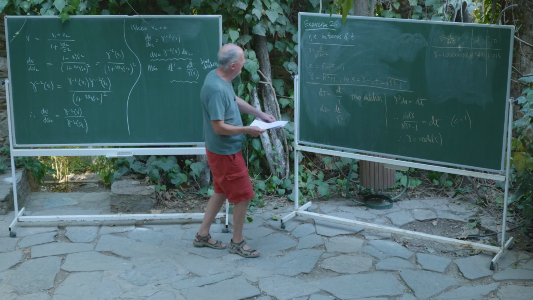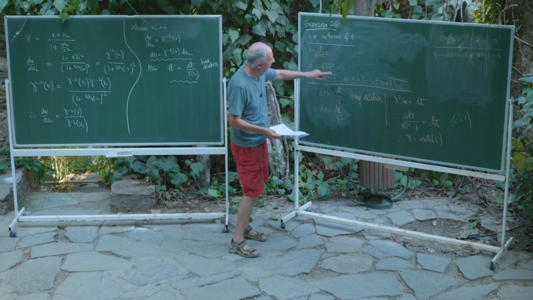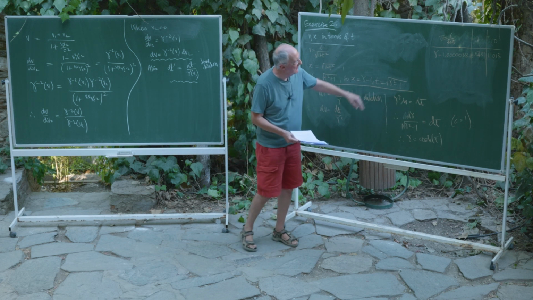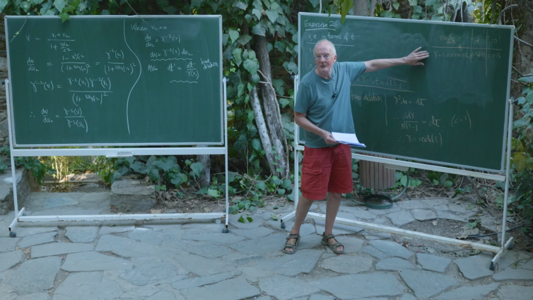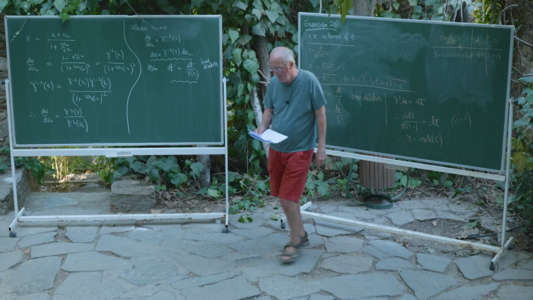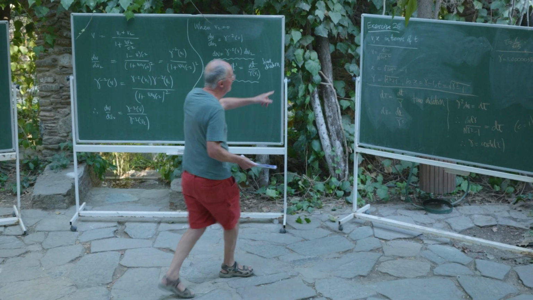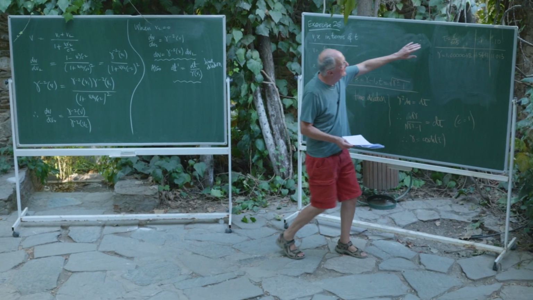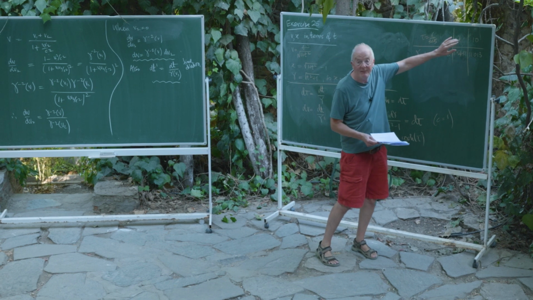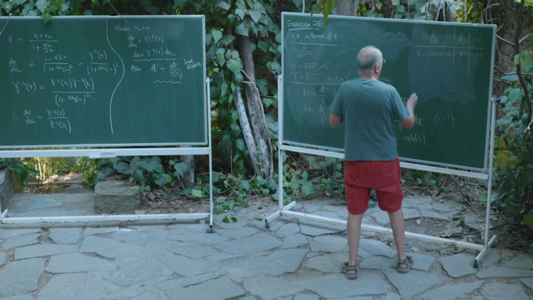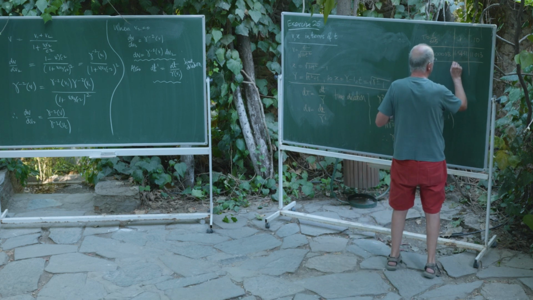Okay, so we found v and x in terms of t and also in terms of gamma. And that's good because we know what gamma is. We've got it here. And so the question is now, what are these numbers after this time has elapsed in the spaceship? So what's x? So I'll complete this table.